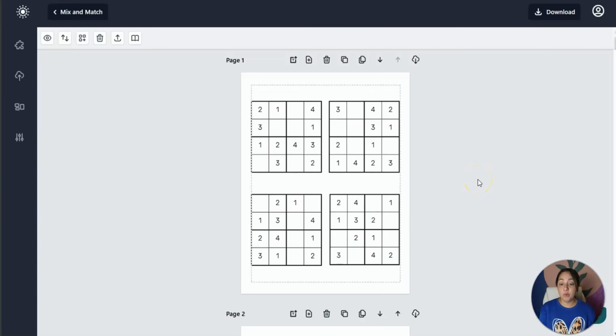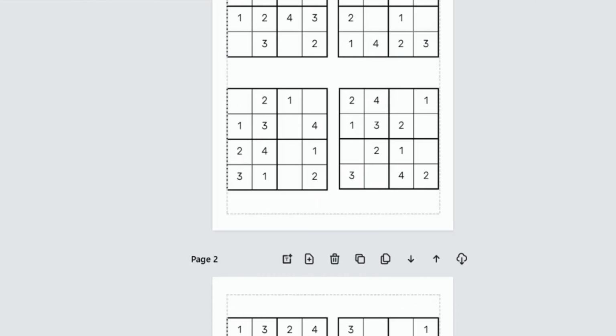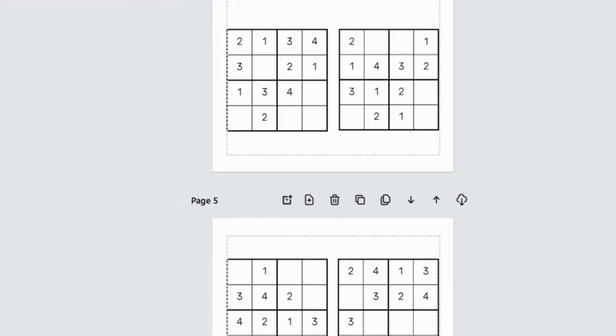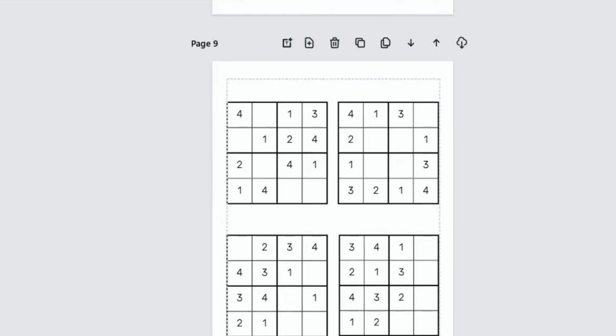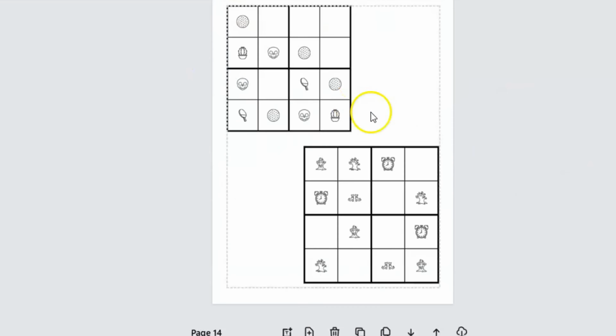All you would need at this point is to create your book cover. Okay, well, first of all, you would need to download this onto your computer as a PDF file, because if you're going to sell it as a printable, downloadable file, you can. You just have to download it as a PDF document. And if you would want to publish this on Amazon KDP, all you would have to do is download as a PDF file. And there you have it, guys. You have a Sudoku puzzle book that has several puzzles in one page